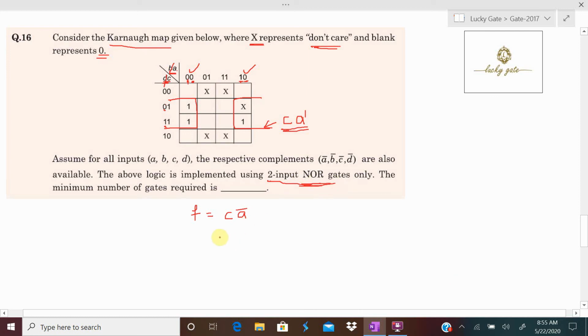function using NOR gate, it requires to represent this as a sum term. Instead of product term, it is to be represented with sum term. So I will be using simple logic here. CA dash is a function. Now I have to take complement over complement again. Here X I can write as X complement whole complement, means complement gets cancelled, so that it becomes X. So I'll be using 2 times complement.